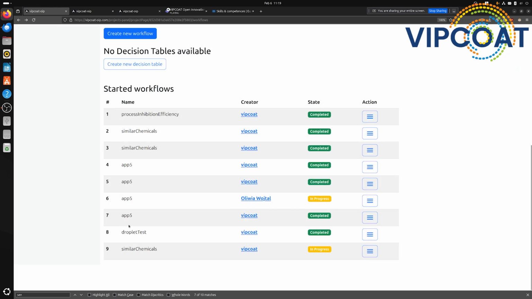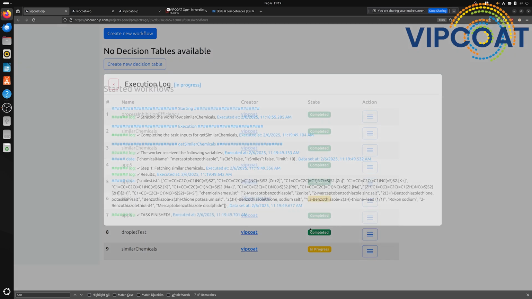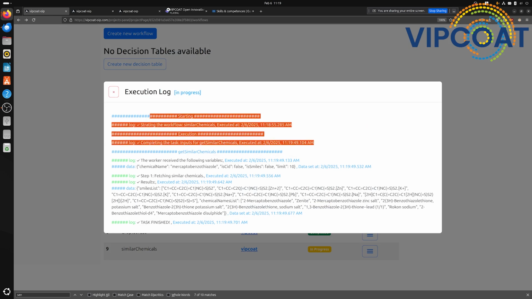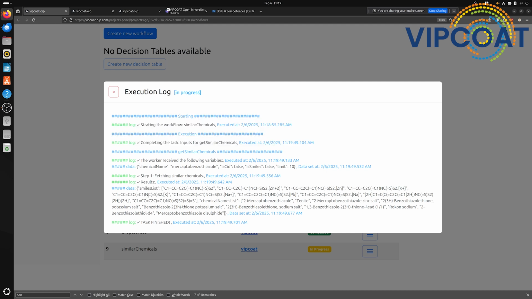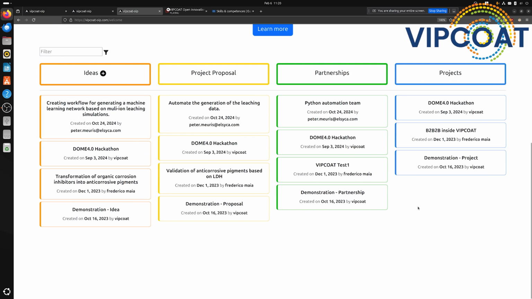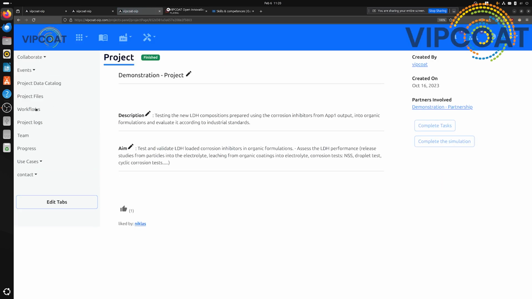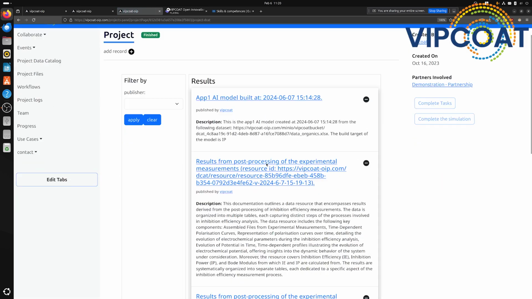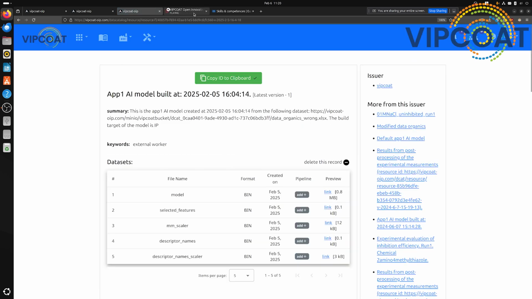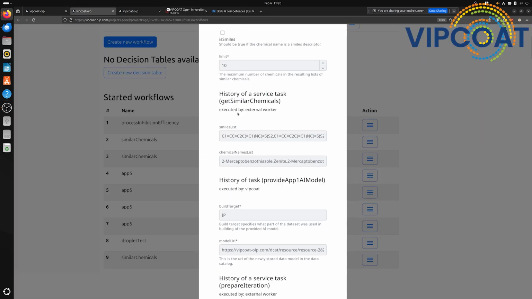similar chemicals. And how can you see what is going on? You can click on logs, right, and see what is going on. So we started a workflow, we executed the first task, and now we get back the list of similar chemicals. And these are the chemicals that are similar to mercaptobenzothiazole. You get it over here. And now the second step is I need to actually fetch my artificial intelligence model. So project data catalog, my artificial intelligence model, copy it to clipboard, and then I can go back over here,